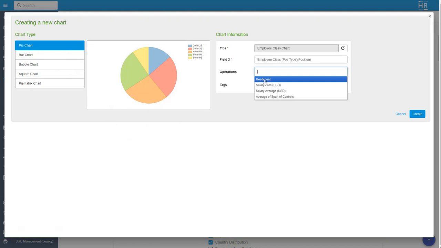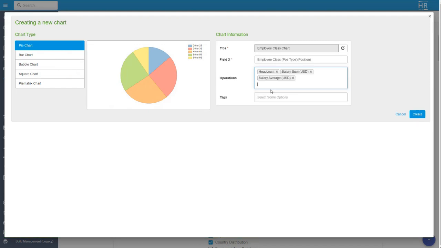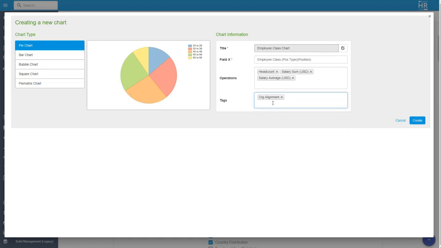The operations, I want to look at headcount. I want to look at average salaries. I want to look at total salaries, etc. So you can add multiple operations. And if you want to tag this as part of a focus area, like let's say organizational alignment, you can do that. So the tagging, I will show you in the front end how this looks,